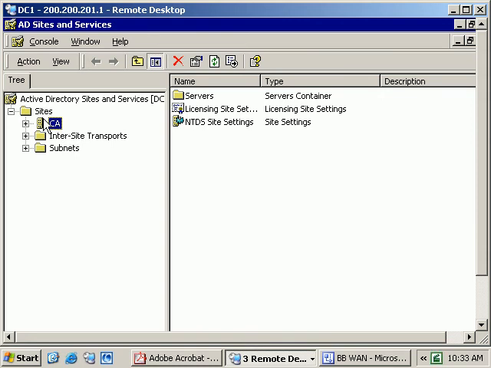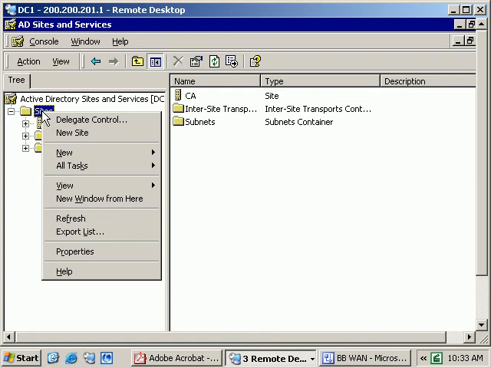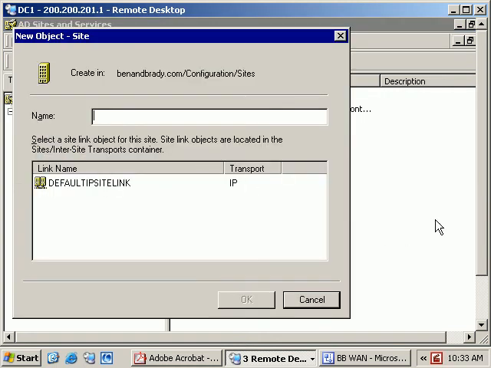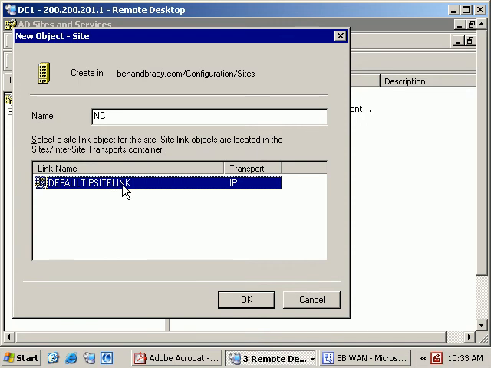In order to do that, you need to click on a container called Sites, right click, New, and then click on Site. And then over here, you need to type the name of your site, which is North Carolina. And then you need to say how this site will be connected, by which protocol. And I'll go into details about the different protocols. There are two, IP and SMTP. By default, IP is the one that is available to us, and I'm going to click on the OK button. The other one is for